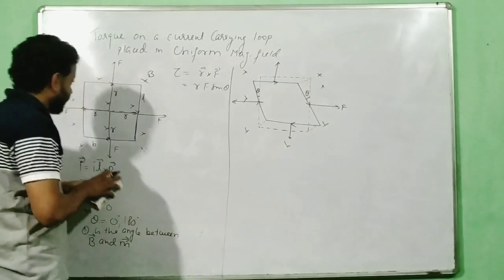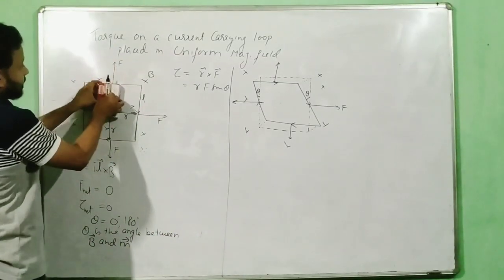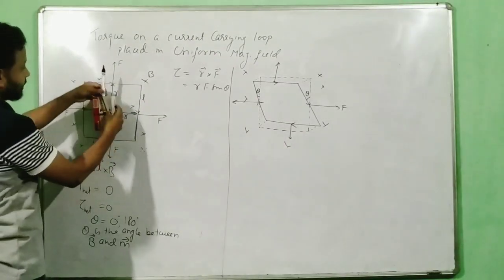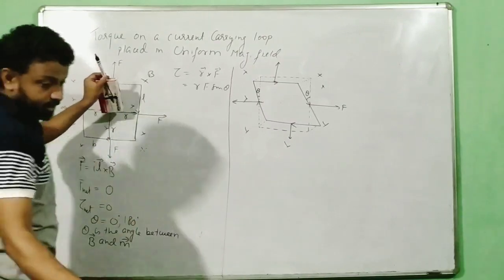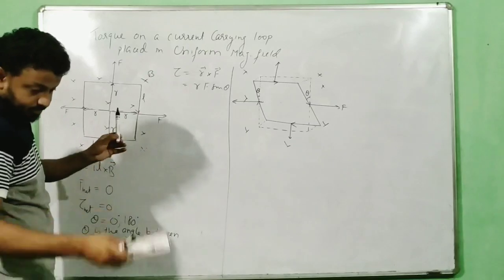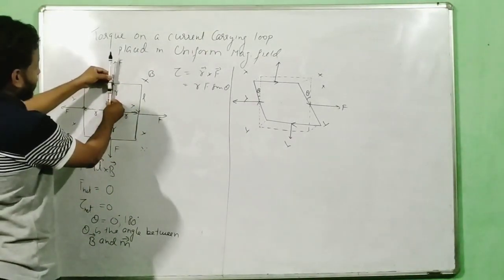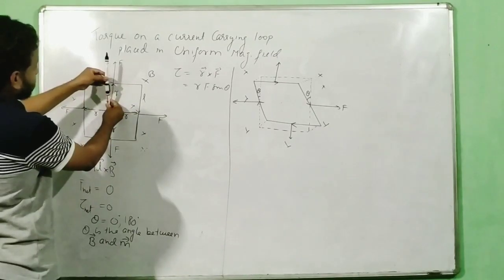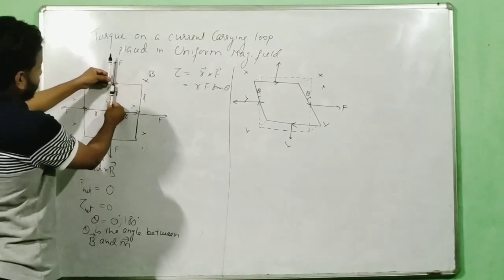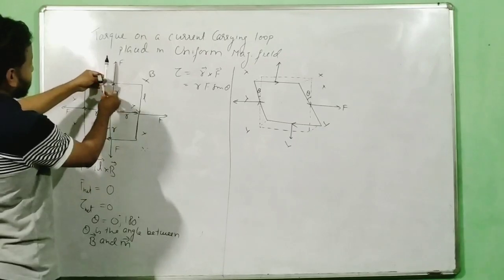Now look at here. This was R, this was F. Now this is my F. If you rotate like this, look at what has happened to the R part. This was R, this was F, both making an angle of 0 degree. Now when you rotate it, this F will always be in the upward direction. So when you rotate the loop, your R also rotates, so now R and F make some angle.